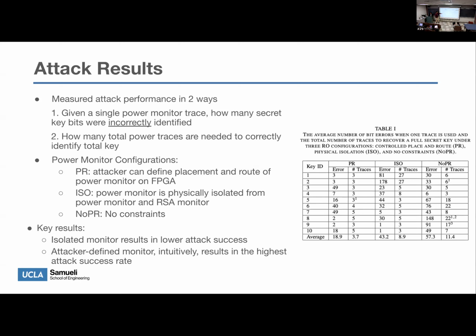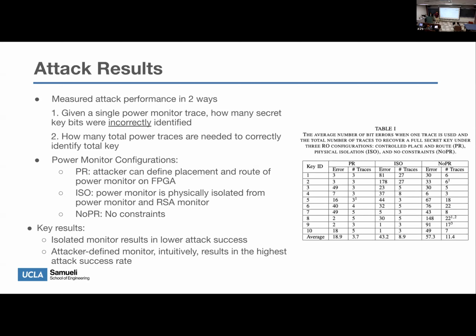The second one, which they term ISO, or isolated: in this case, even though the power monitor module is still on the FPGA, it's physically isolated from the RSA detector, rather. And then finally is what they coin a no constraints configuration, in which the power monitor can be placed